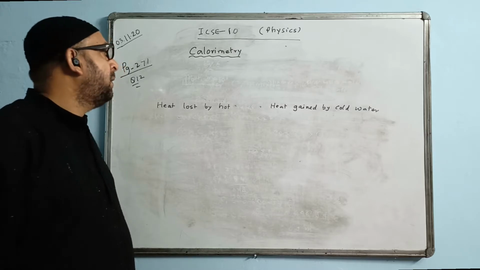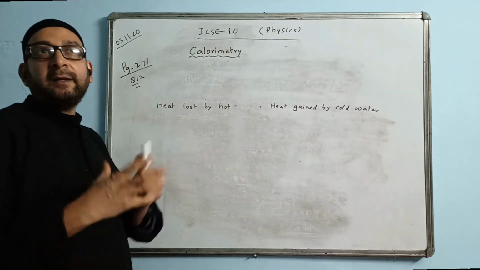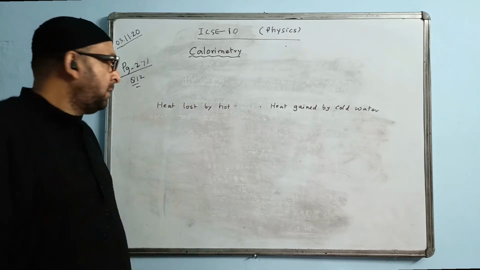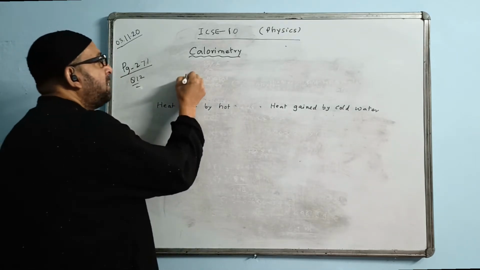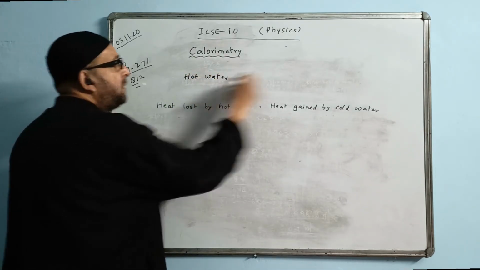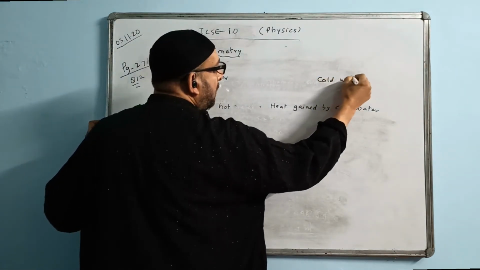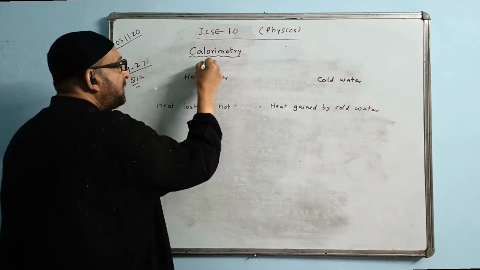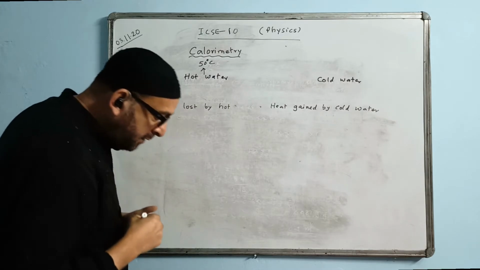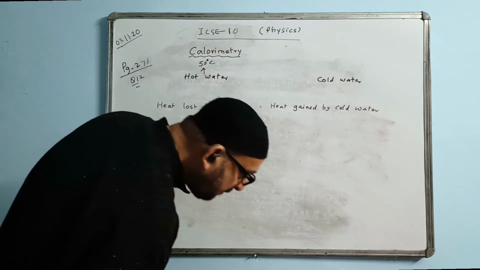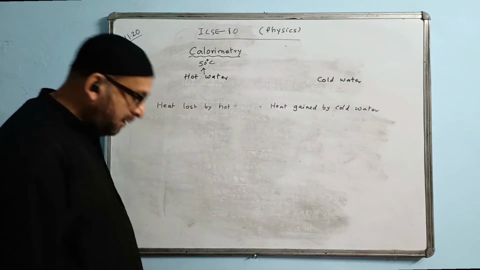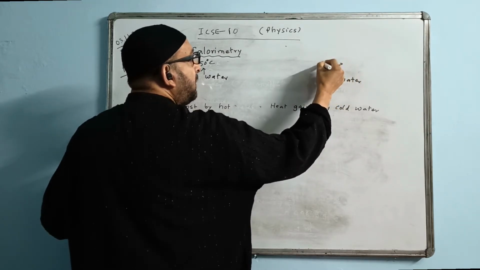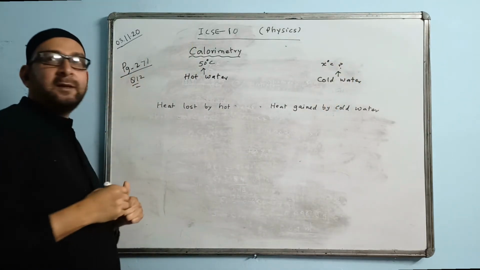That is the question. Now, this question says we are having hot water and cold water mixing together. We are mixing hot water with cold water. So let us first write the information that has been given. Here, hot water. This side you write cold water. The temperature of hot water given in the question is 50 degrees Celsius. If you read carefully, 50 degrees Celsius. And the mass is 300 gram. The initial temperature of cold water is not given. This is unknown. I will take this as X degrees Celsius. The unknown thing is X.